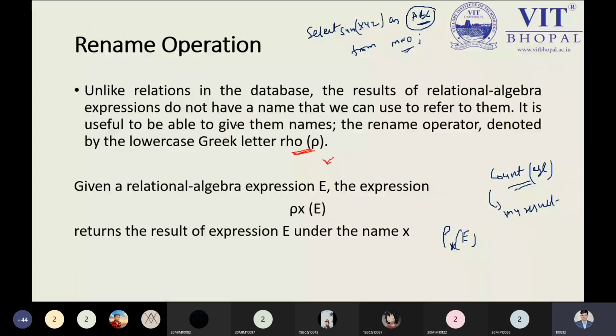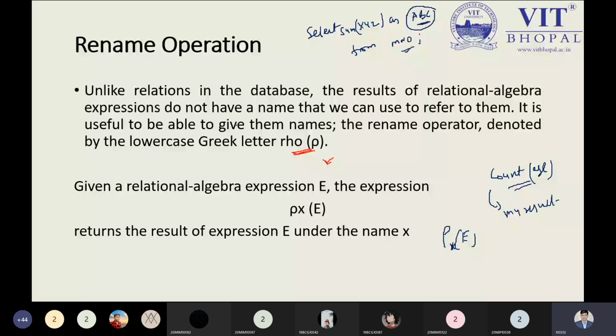This rename, as we discussed early morning, in the morning class we saw aliasing. If you remember my keyword, aliasing. So rename is just like aliasing. I'm not making any change in the physical or logical structure, but at the view level I'm trying to display some information. I don't want to display the entire detail as an expression. I want to display the detail in the form of a simple column name.